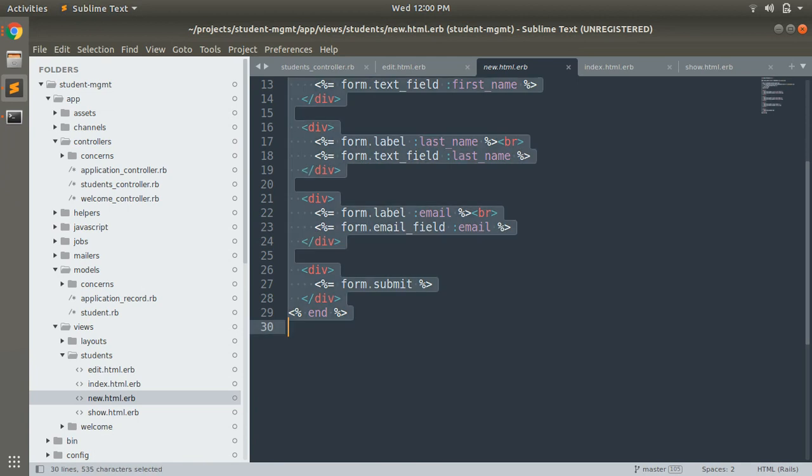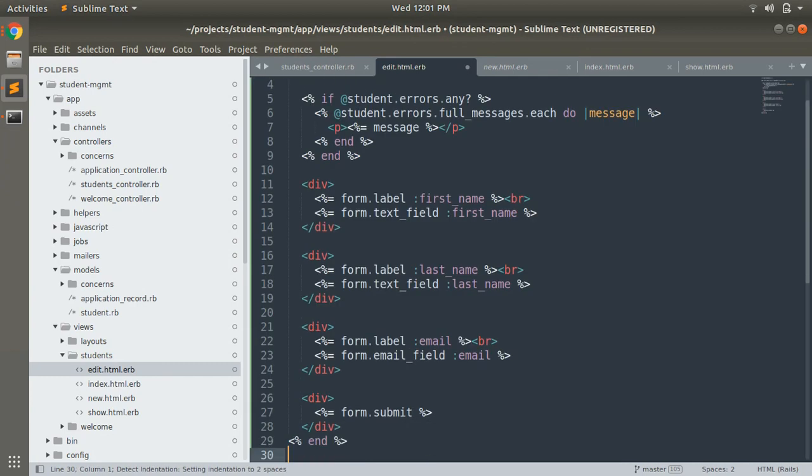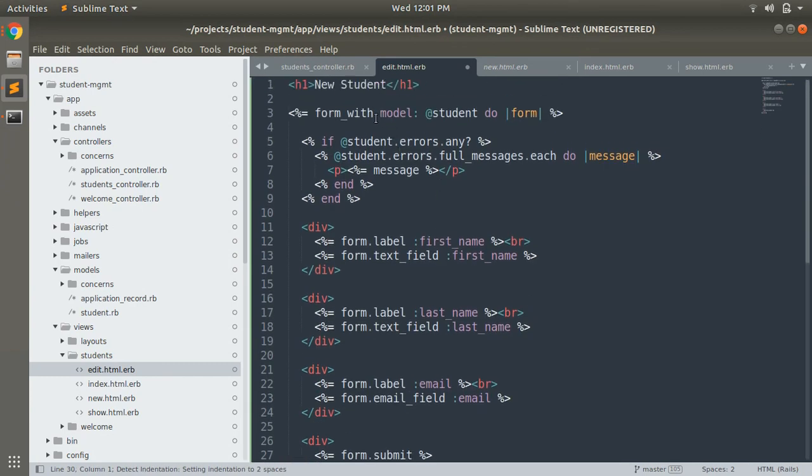So just copy the entire form and paste it into the edit file. Now, in place of new student, you need to write edit student.